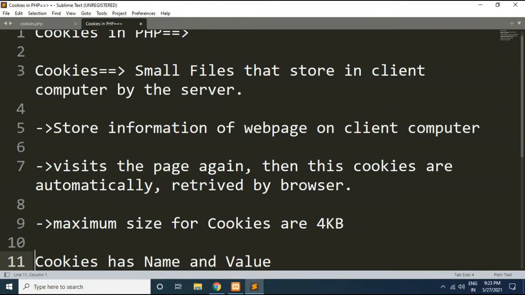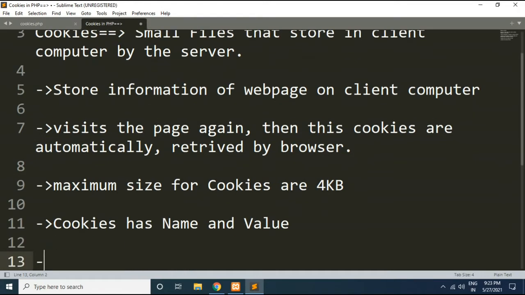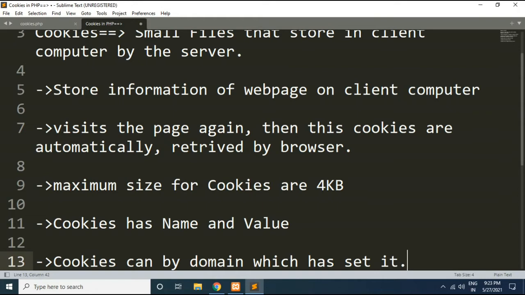Now the next important thing regarding cookies is that a cookie can only be read by the domain which has set it, or which has issued it.